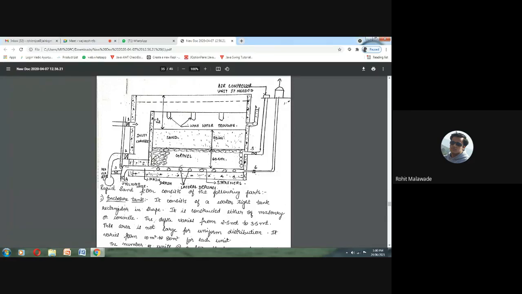So while doing the backwashing, valves number 6 and 5 should be kept open, valves number 1 and 4 should be kept closed, and the washed water will come out from valve number 2 and valve number 3. So this is regarding backwashing. Is it clear regarding backwashing? Yes, sir.